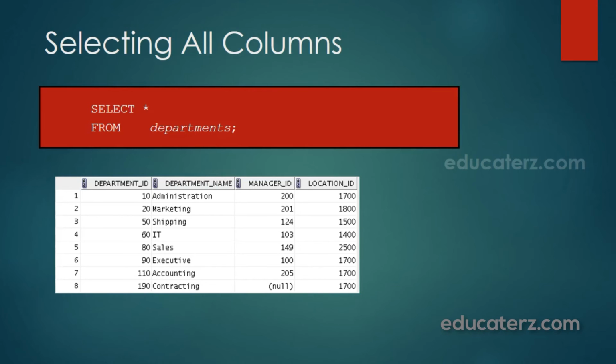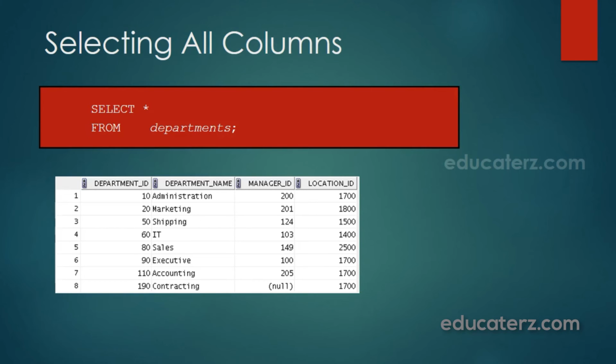Selecting all columns. Example: select star from departments table. We have a table called departments, and we are selecting all the columns from it. The result is shown here in this diagram. Department ID is a column name, department name is also a column name, manager ID is also a column, and location ID is also a column.